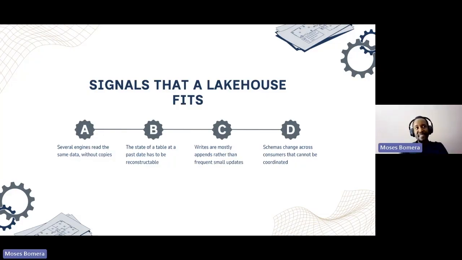Then if you are looking to reconstruct the data used, so you don't just care about what the data looks like today, you care about what the data looked like at a certain point in history, that is by far the biggest signal that you need a lakehouse. If you query the data today, maybe it looks like a certain thing, and maybe one year ago it looked different.